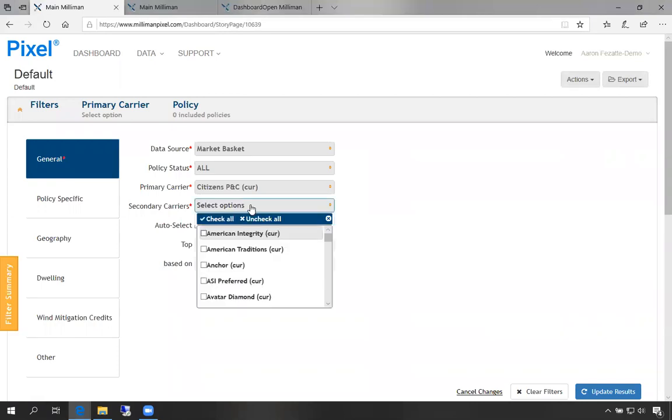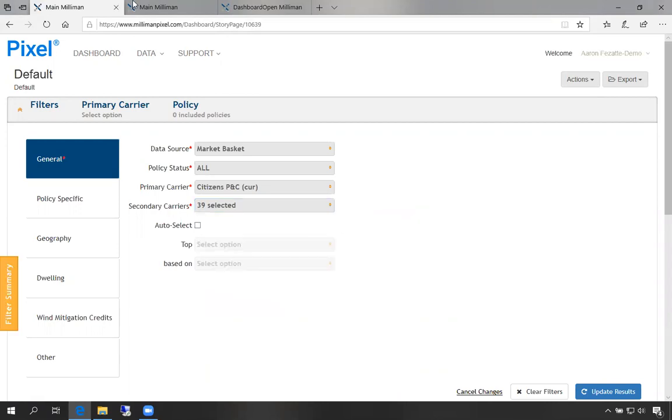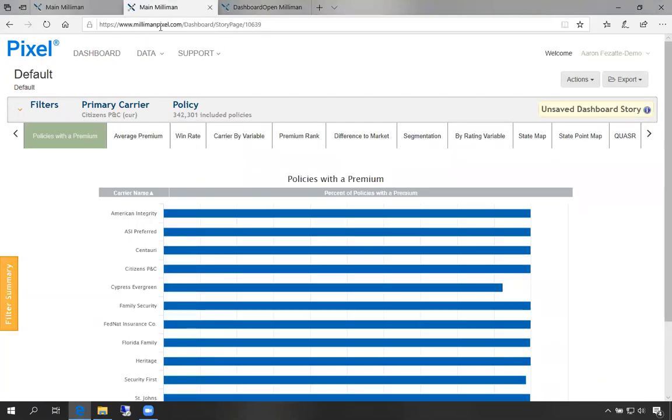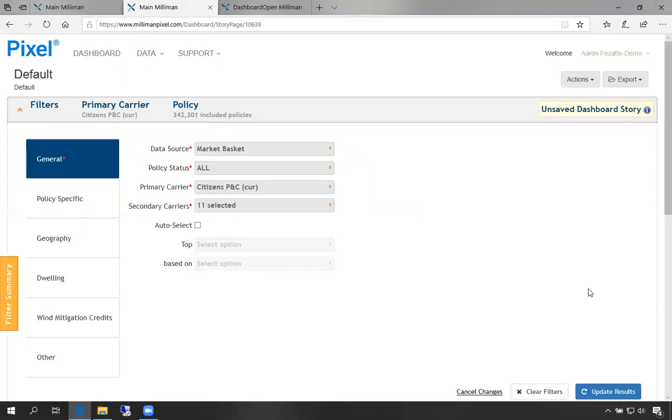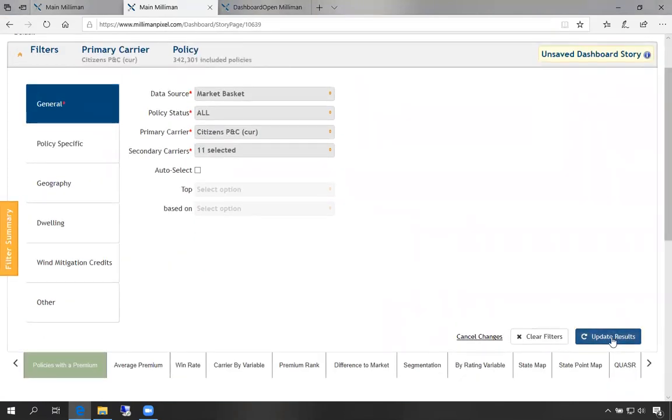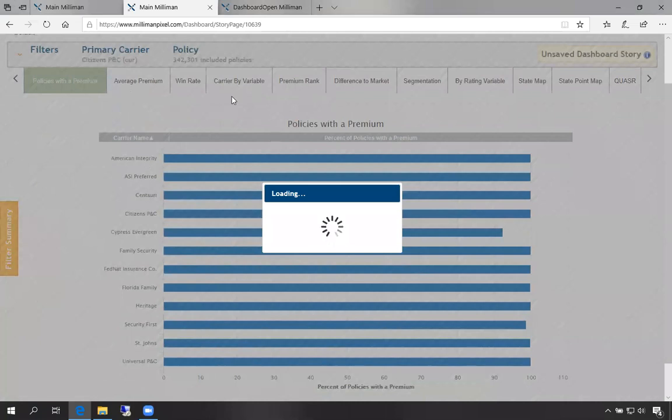As far as secondary carriers, as you can see, we have 39 on this particular market basket, but usually you only want to select a couple, mostly your main competitors or main competitors that you'd like to target. I've selected about 11 as an initial subset, so we'll start with those. Once those are selected, you'll hit update results, and all of those competitor rates will now be